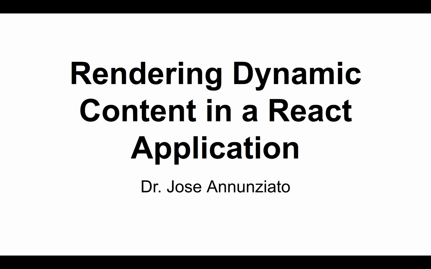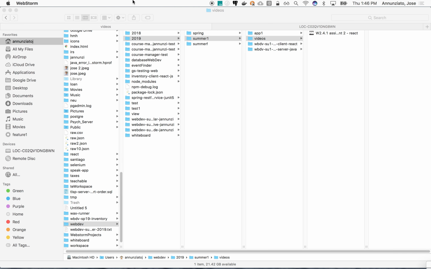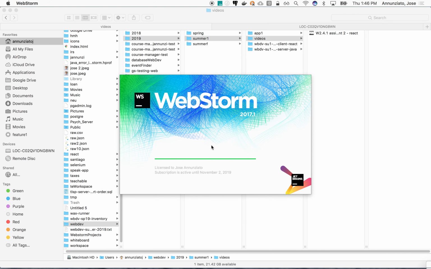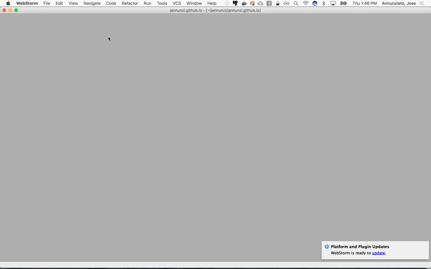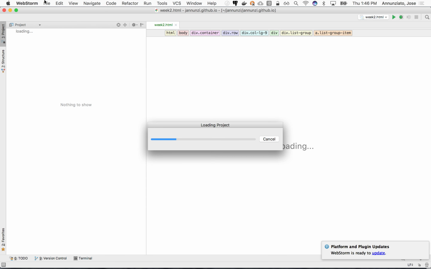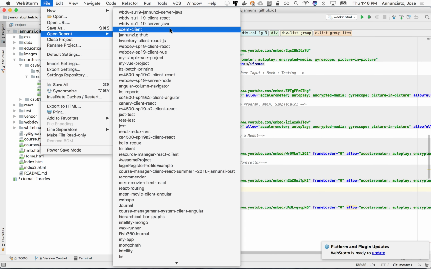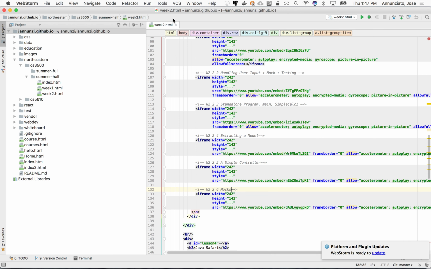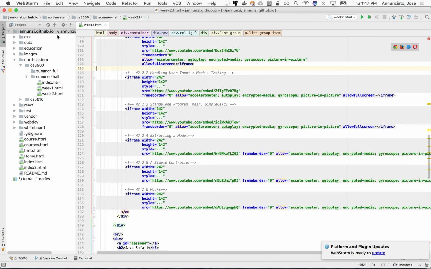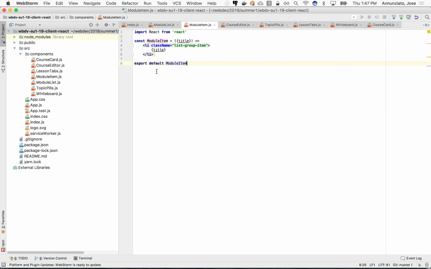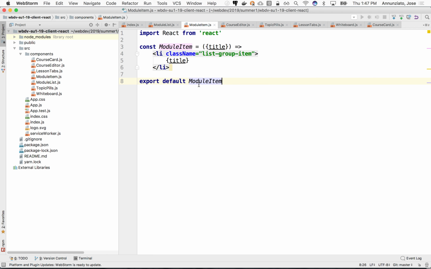I believe let's bring up our web store, and let's open up our project that we were working on last we met. So open, where's this, right? SU1 client React, yeah. No, this is not it. There we go. Yeah, so we built a module item,